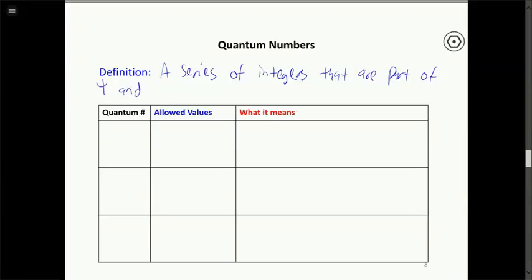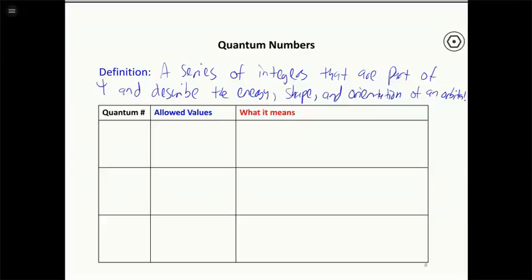And by knowing what these quantum numbers are for a certain electron in an atom, you can describe the energy, shape, and orientation of the orbital. So we're going to just start by talking about orbitals for now, which is regions where electrons can exist. We'll talk about the individual electrons next time. Okay, but if you know the quantum numbers, this series of integers here, you can define the energy, the shape, and the orientation of the orbital, which is the region in space